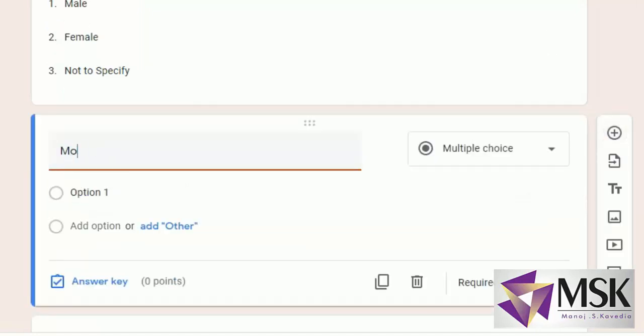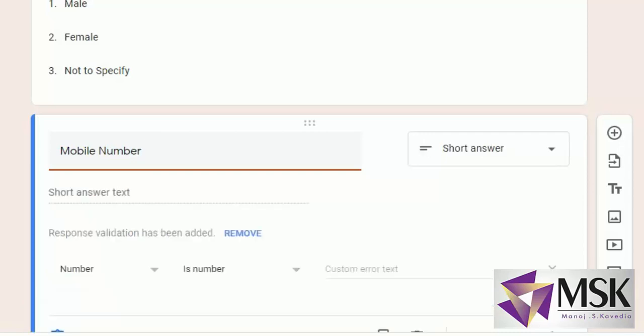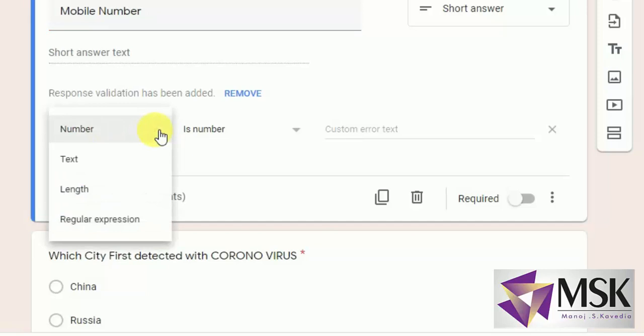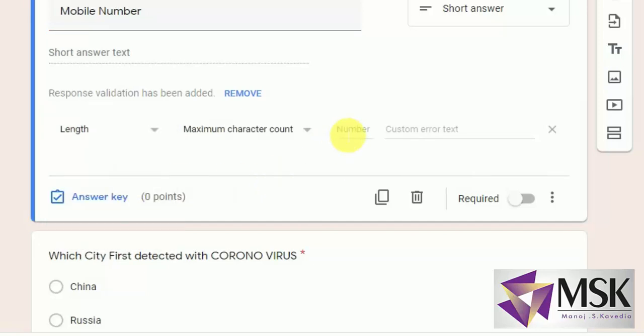Here I can say mobile number. So it will be a short answer. Here I'll have a validation, that is length, maximum 10 characters, and here say enter proper mobile number.